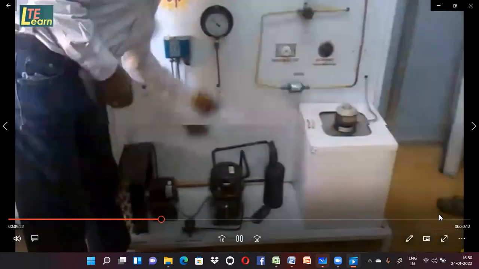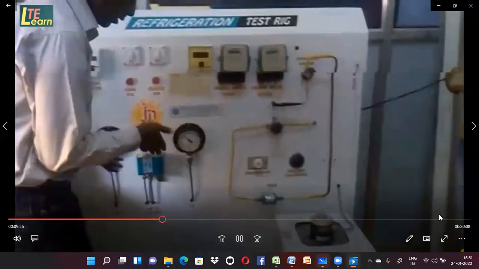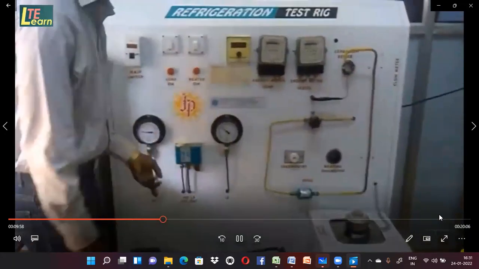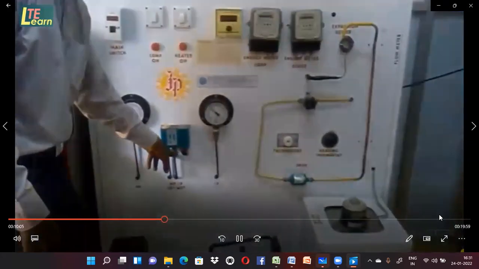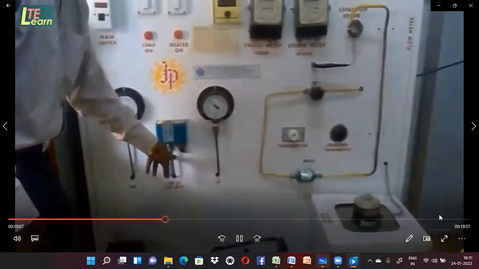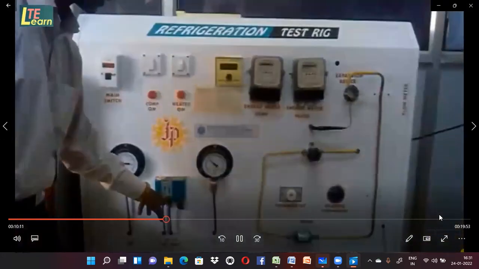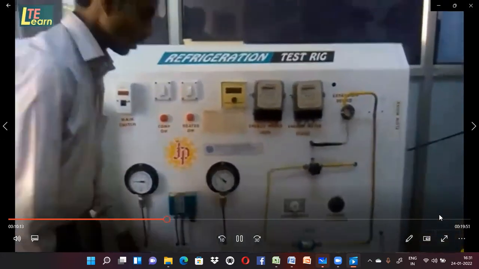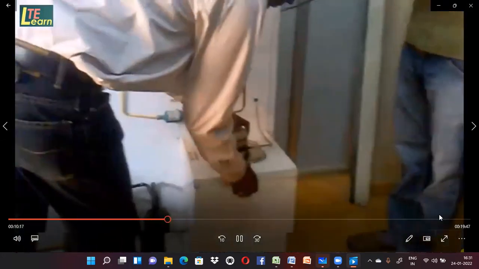This pipe, this pipe, this pipe, and on the back side some connections from the main pipe are taken for various purposes, to know the pressure, these two pressure gauges, for keeping this compressor safe, this high pressure, low pressure cutout, and evaporator tubes are arranged here in the